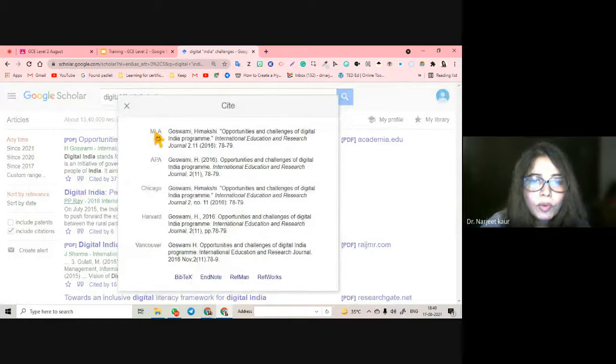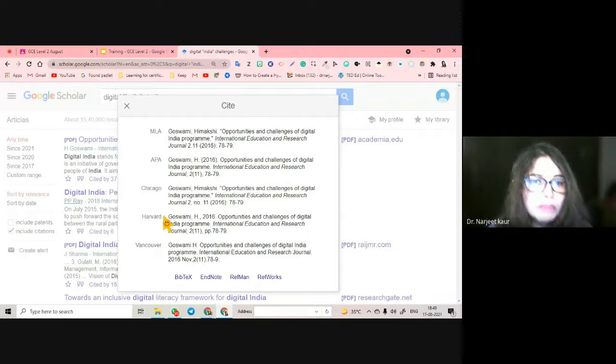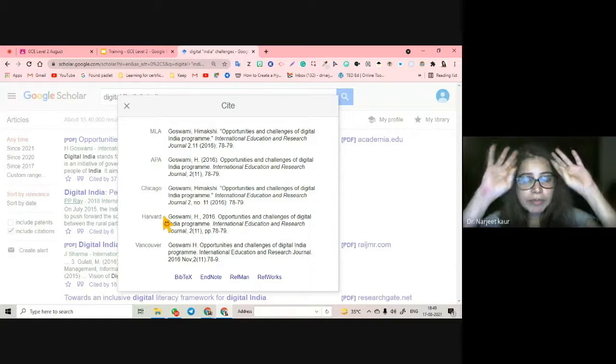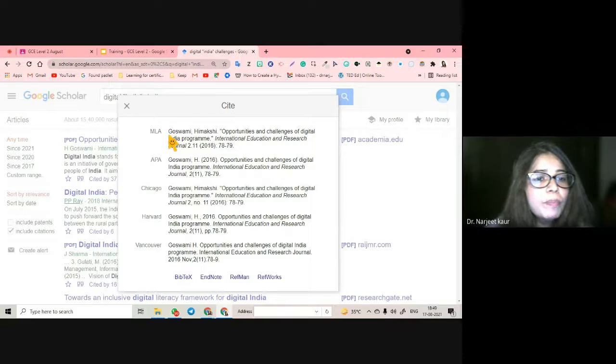then these are all the different ways of citing, creating citation from a particular source when you are writing a research paper. ना, जब आप research paper लिखते हैं, dissertation लिखते हैं, अपने PhD के thesis लिखते हैं, you have to cite from where did you pick up this particular article. Now I like Google Scholar the best क्योंकि मुझे इसके citation create नहीं करने पड़ते, मुझे ढूंढने नहीं पड़ते.